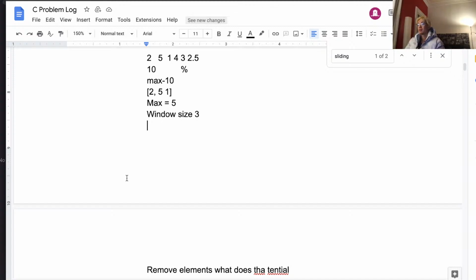I have the case when it's less than max. You don't do anything if the element is equal to max, because you're always going to have the max element. So how is this going to help me?